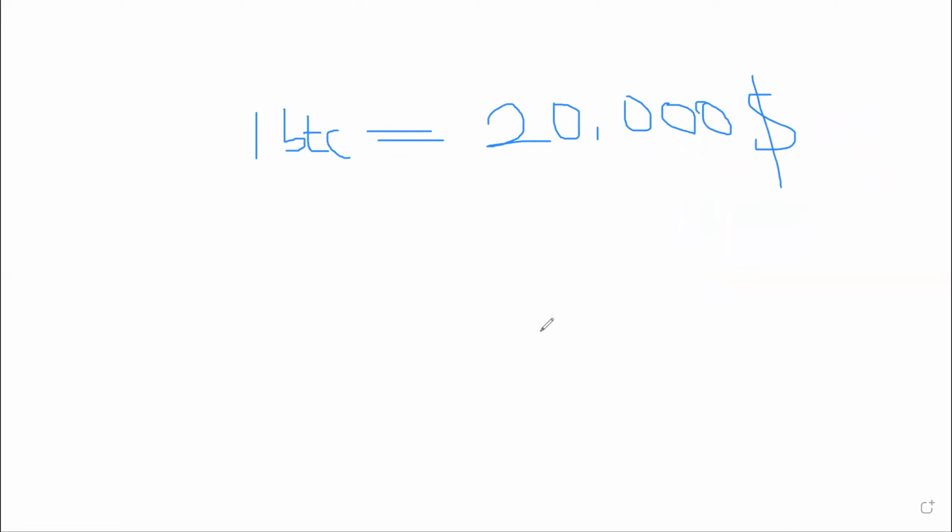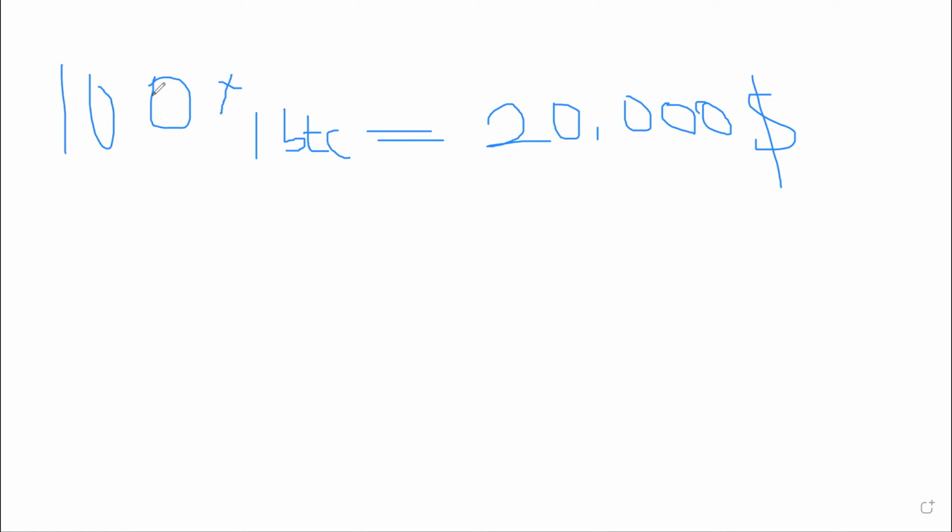Right? That means for you to open a position size of one Bitcoin, you must have $20,000. Now, if you are using 100x leverage, this 100x simply means that you can open 100 times what this amount can open. You understand? You can open 100 times what this $20,000 is supposed to open, which is one Bitcoin.